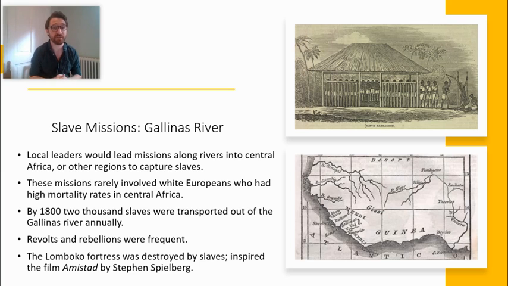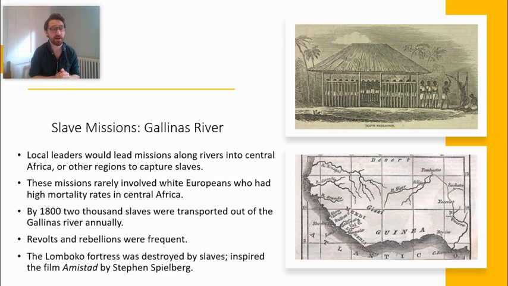And the example that I've given on here is Galinas River, which kind of borders Liberia, Sierra Leone, and Guinea. And it made a very useful kind of inroad because you could go into other people's territories easily and steal their people. By 1800, 2,000 slaves per year are transported out of the Galena River on its own. So as you can imagine, adding the numbers up for all the different rivers along the West Coast is a